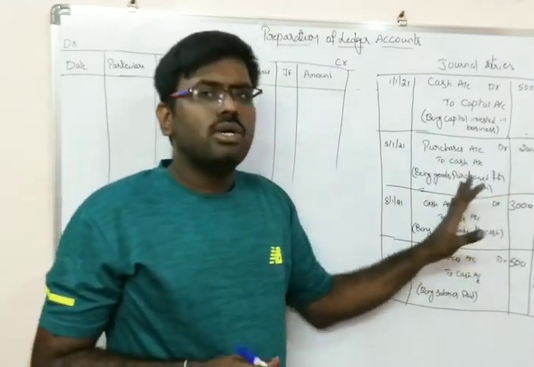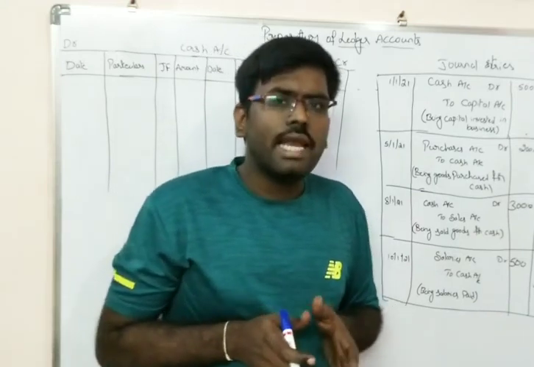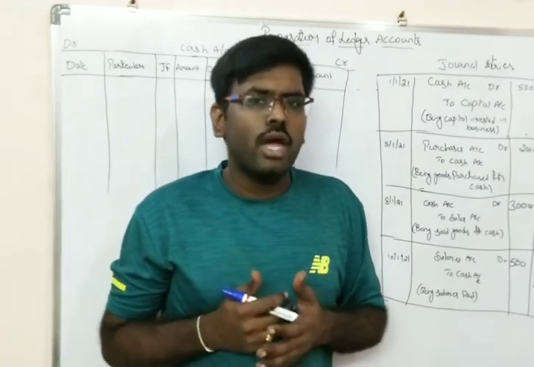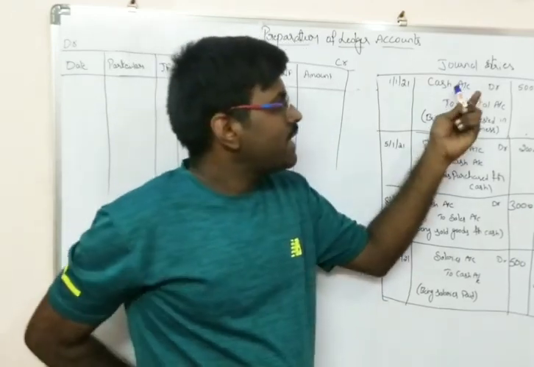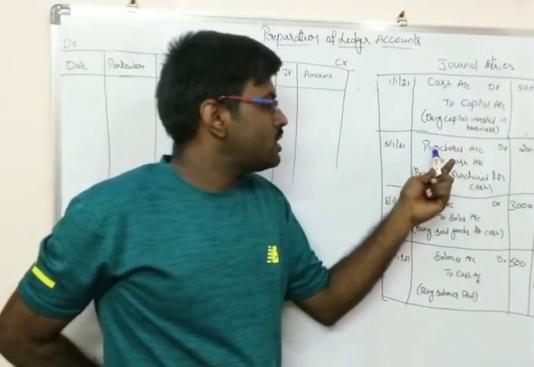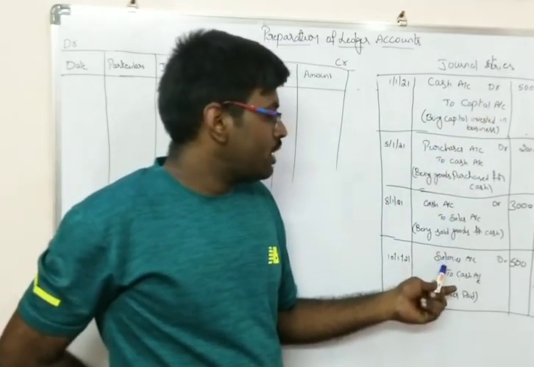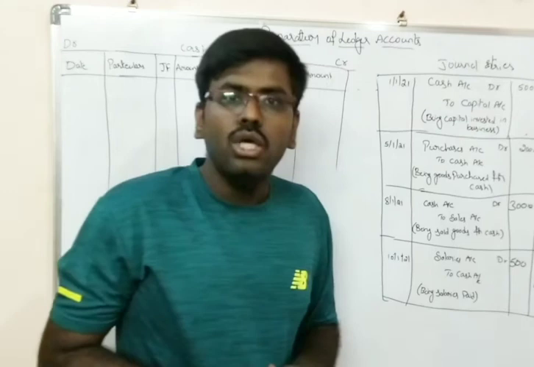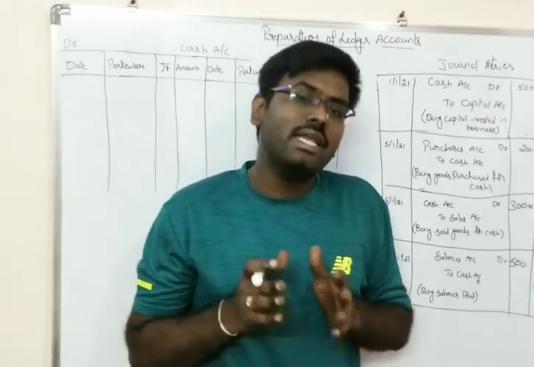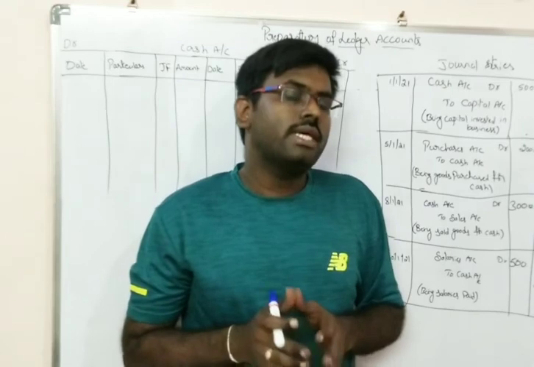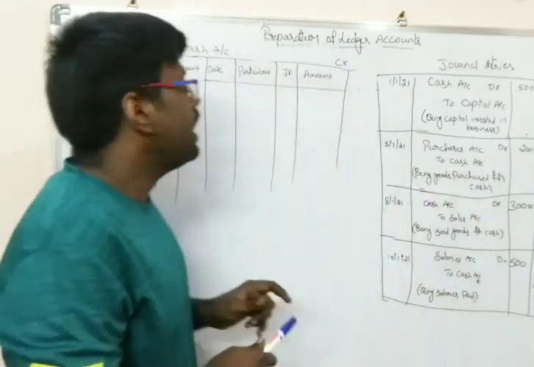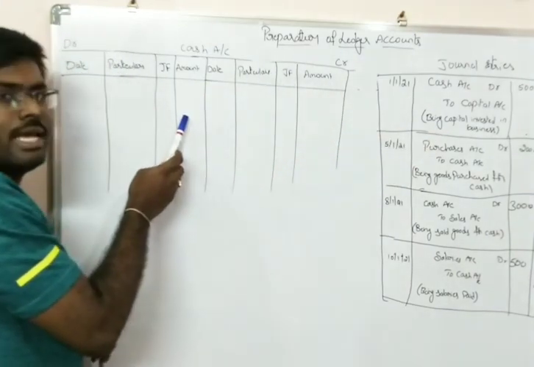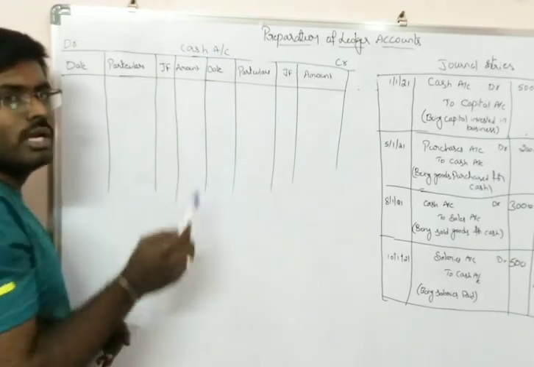As we said, ledger accounts are classifications, where for whatever number of accounts we have, we have to prepare that many ledger accounts. Here we have cash account, capital account, purchases, sales and salaries. So totally 5 different types of accounts. Now you have to prepare 5 different ledger accounts, one for each type of account. Here I am going to show only the cash account, how the journal entries are posted into the ledger account.